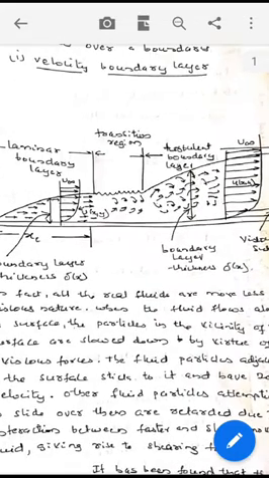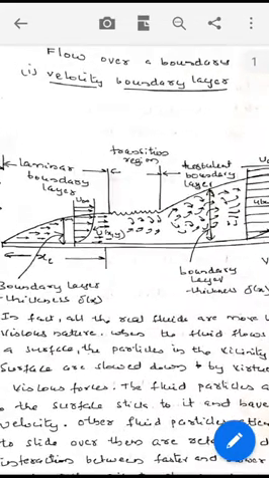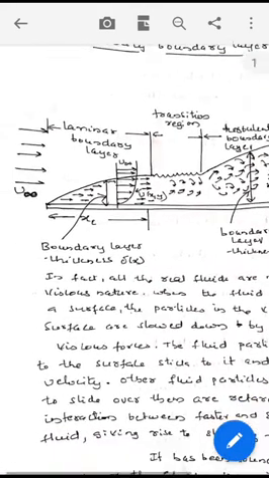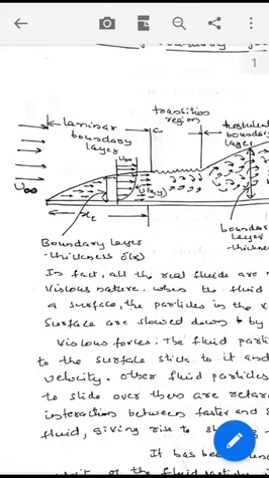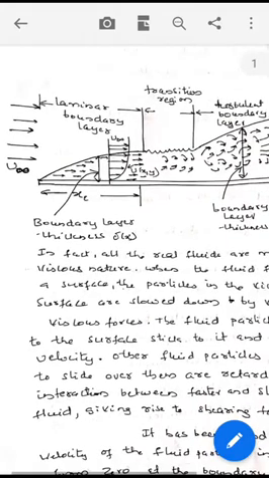Friends, today we shall study forced convection. In that, we will study flow over a flat plate. Velocity boundary layer. Whenever a fluid at velocity u infinity flows over a stationary flat plate, a thin layer in